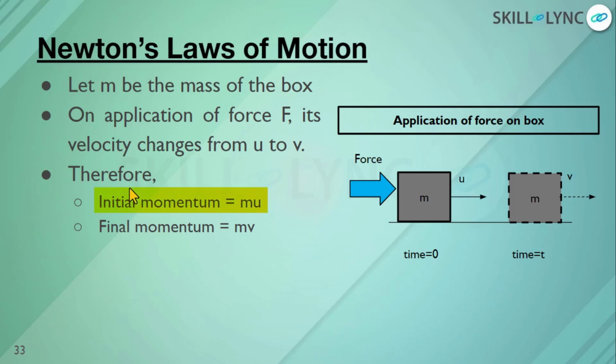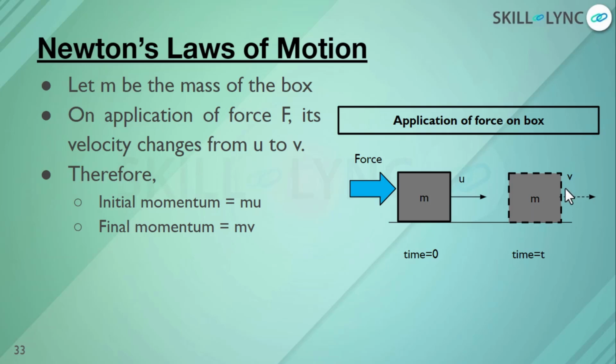Therefore, the initial momentum of the box would be mu, that is, mass of the object times initial velocity of the object. Similarly, the final momentum of the box would be